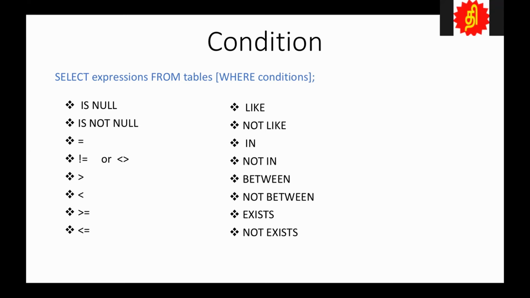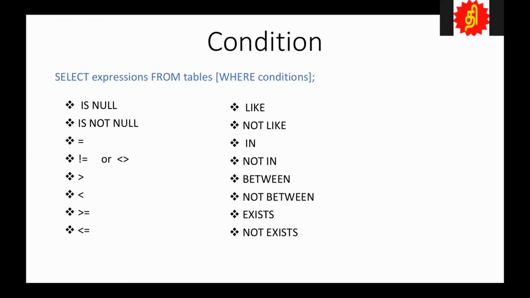Okay. Now, what is IN? IN is used whenever there is more than one value involved. Like, say, the age IN 21, 22, 23. That is also put within the brackets. Okay. IN, NOT IN, the same thing you can do.